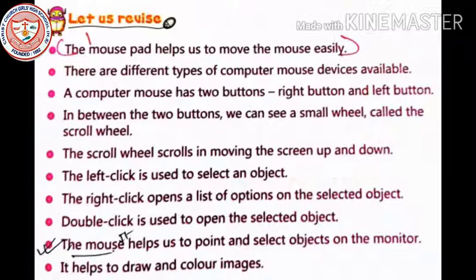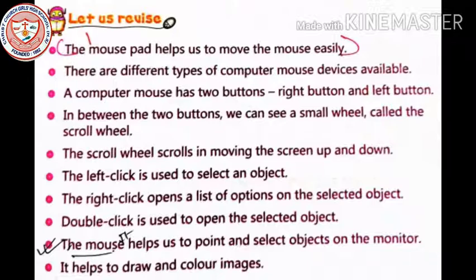Now in your previous class we have done types of mouses. So there are many types of mouses that we know now. From the last class till today, we all know there are 4 types of mouses we have learned about. The first 3 types you have learned, and 1 type you have learned separately. That means ball mouse, optical mouse and wireless mouse. So these are the 3 types of mouse which we have learned.